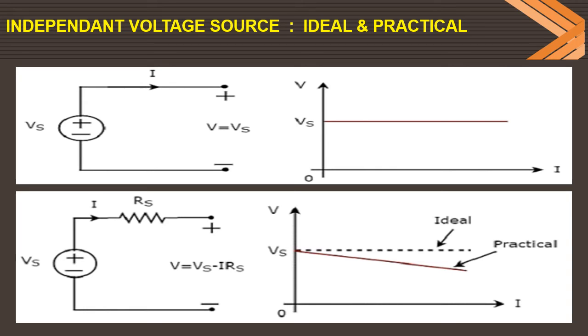Similarly, if there is a load, say R, which we consider as a load, or you may say the source resistor, then with the source voltage and source resistance, the total voltage V equals IR, but VL will be equal to the source voltage minus IR. Likewise, if you take any kind of load or internal resistance, you will never get the ideal case. You will observe a change from the ideal case. That is the practical case. This is the characteristic of voltage and current.